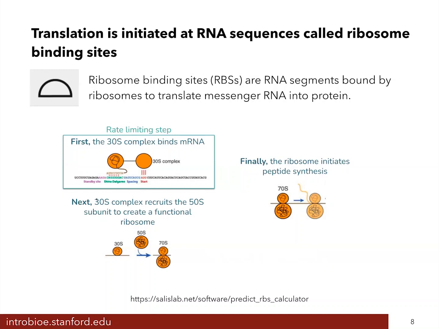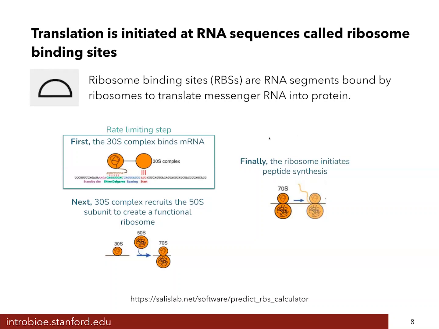After the 30S complex binds to RNA, it will recruit the 50S subunit, and those two things combine together to make a functional ribosome. Once the functional ribosome is assembled on the RNA, it will initiate the synthesis of protein. So it will go through and it will read all the codons. It will recruit tRNAs that have an amino acid linked to them, and it will take the amino acid from that tRNA and add it to a growing peptide or a growing protein chain. We can talk about how those proteins then fold up into being functional within the cell,